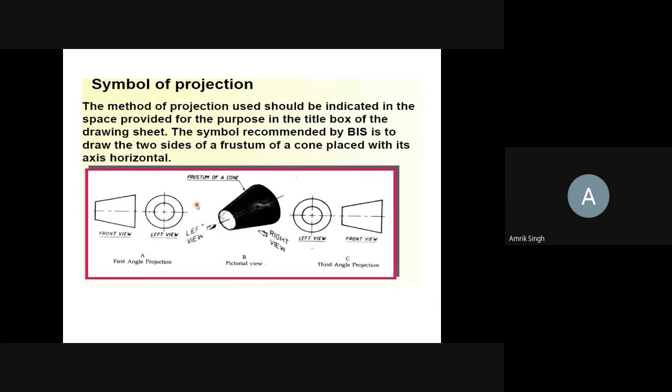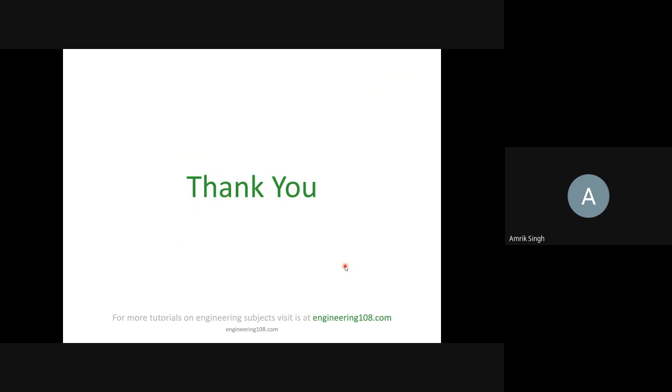So these are the symbols what we have. It is a glass or a frustum of a cone. We have cut it, a smaller circle, and this is the right view. Okay. So left view and the front view. Front view if you see from this side, it will be the first angle projection, and this will be the third angle projection.